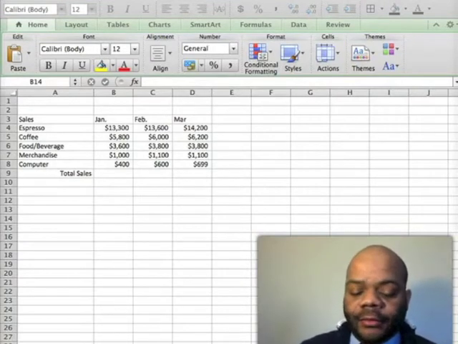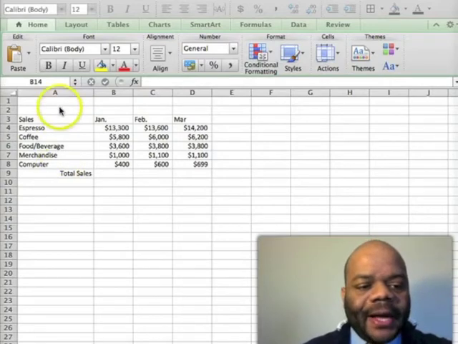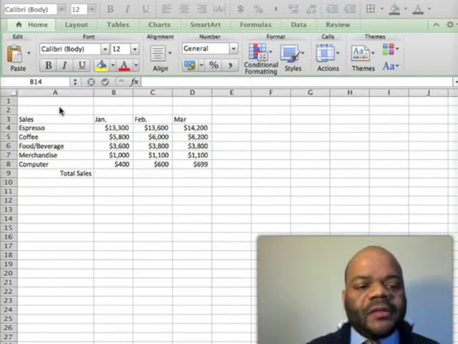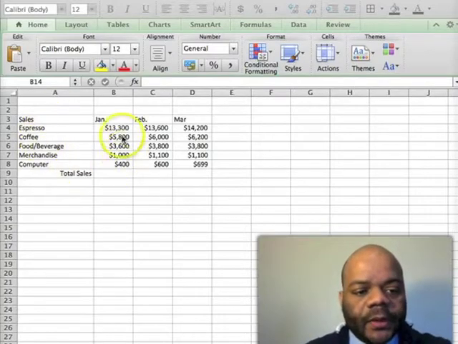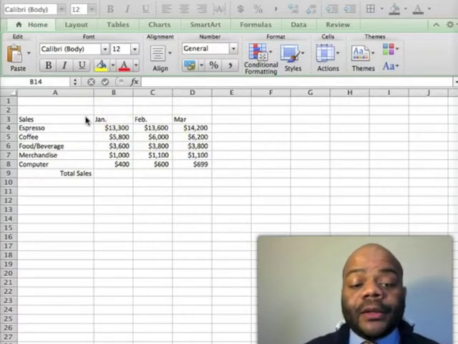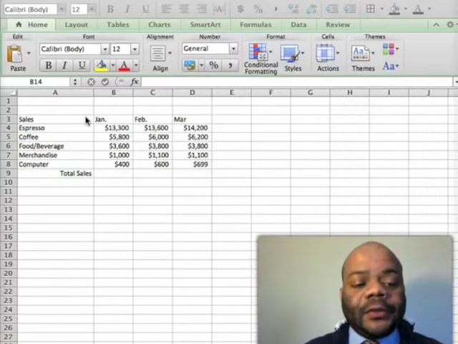Let's do a little editing. We'll start off by, I'm going to show you actually how to merge cells. If you notice, I've already placed in some figures here. These are the figures of sales for the months of January, February, and March. Now I need to know what these sales are from, so I'm going to have to, of course, enter a title for this